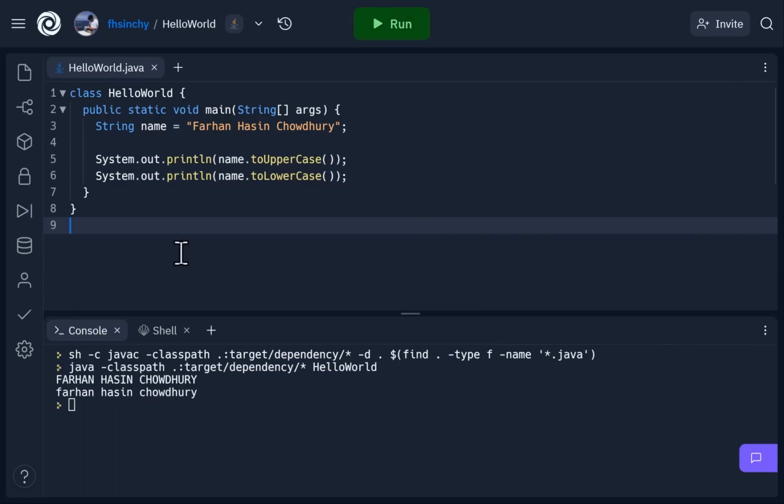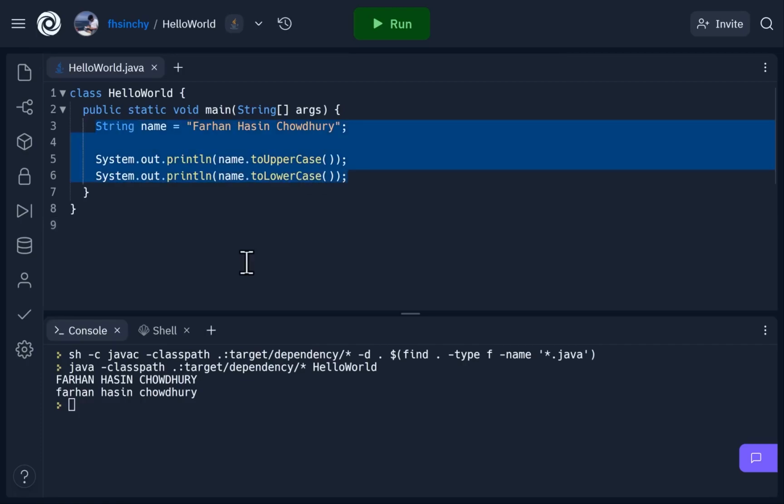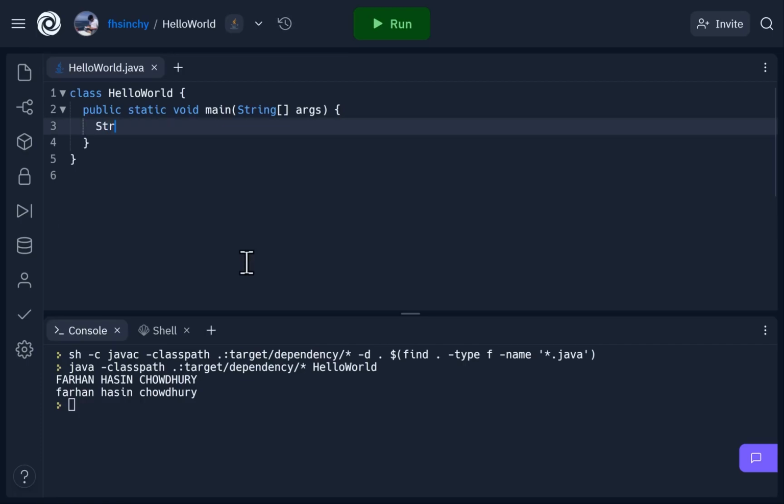There you go. In a previous lesson, I have taught you two ways to declare new strings in Java. There was the literal way that usually reuses the string value if it's found in the string pool, and then there was the usage of the new keyword. And I hope that you also remember that when you created a string using the new keyword like this, equals new String, and the value can be something like ABC,